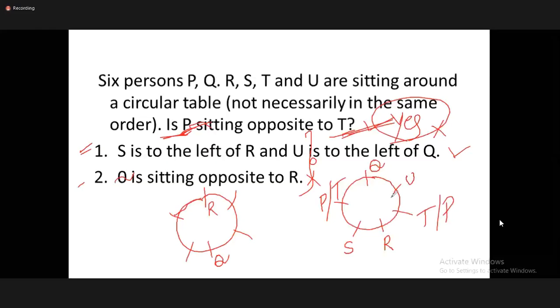The point is this: if nothing is mentioned, everybody is facing the center only. I am saying again, all these are prerequisites, we should know all of these beforehand. If nothing is mentioned, everybody is facing the center. Okay? If he is specifying that, then only we have to think that.